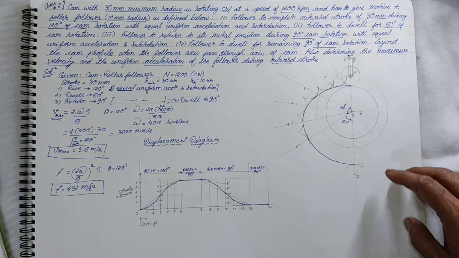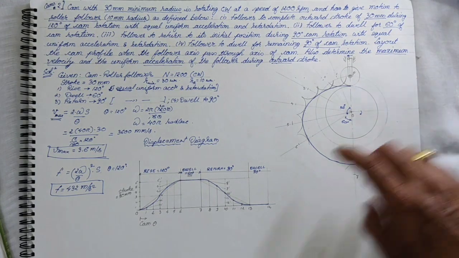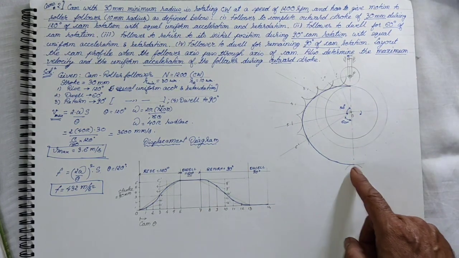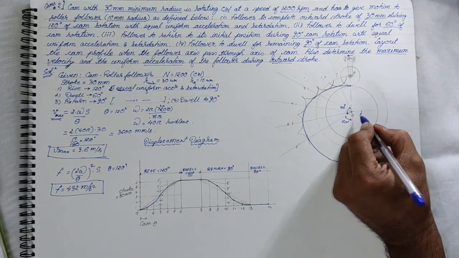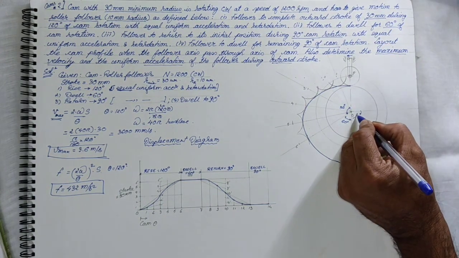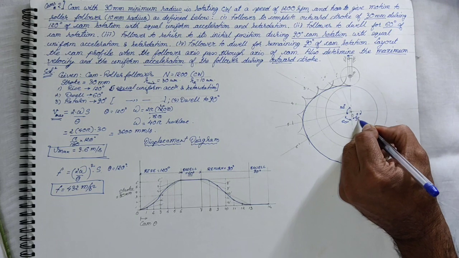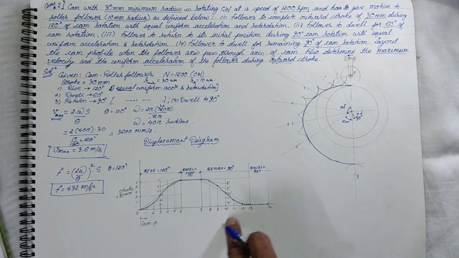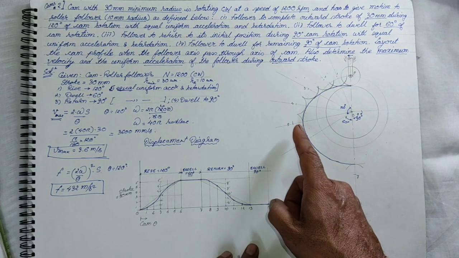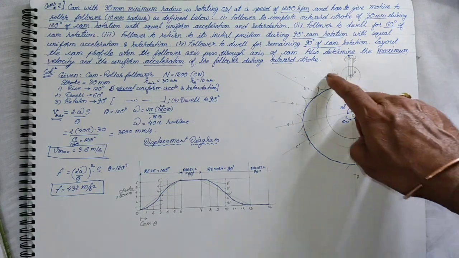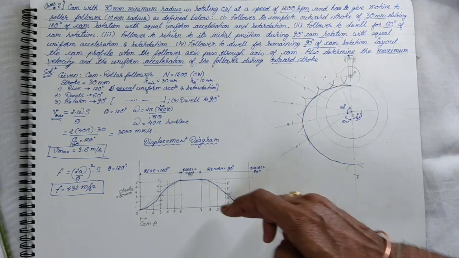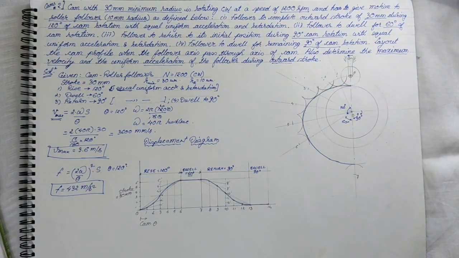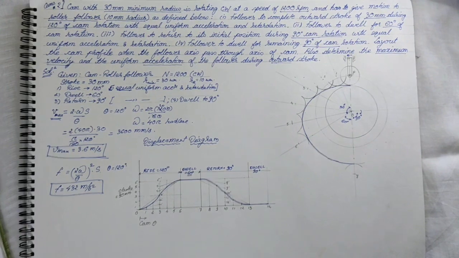Now the part remaining is the return. So again for the return we will divide from here, we will measure. I have already measured it. So this is of 90 degrees and there will be 6 steps. So 90 divided by 6, each will be of 15 degrees. So we will again draw these steps, draw the roller, locate the trace points for the return and draw the rollers. I'll just show you how it is.